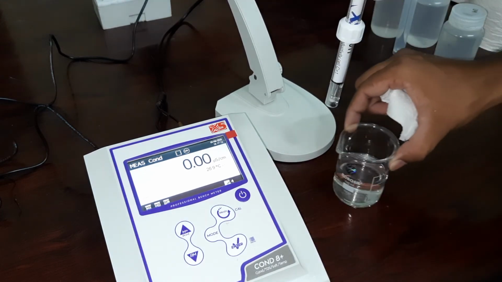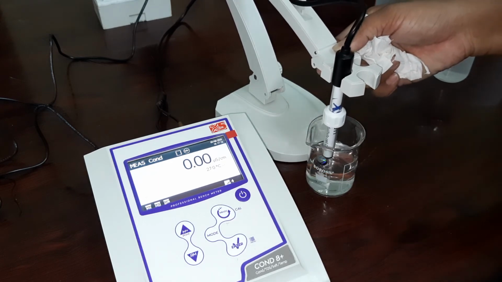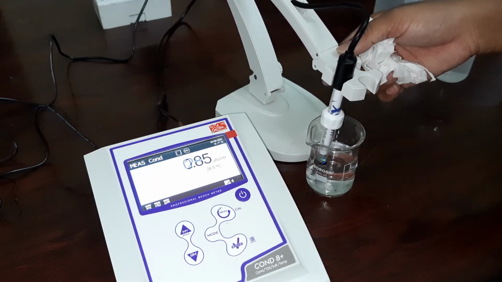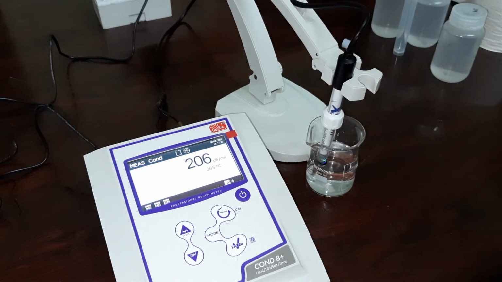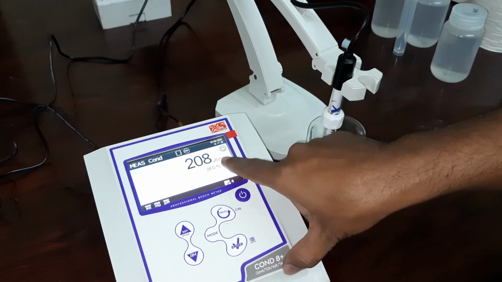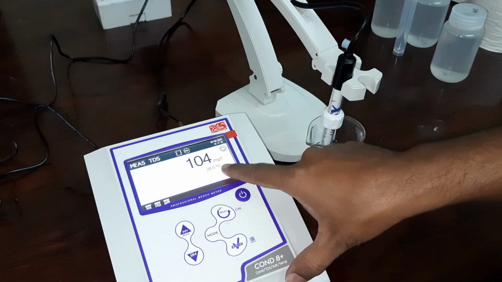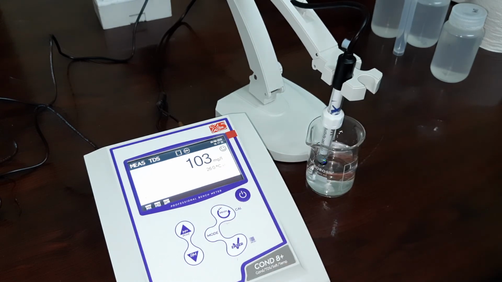This is the unknown sample. Smile symbol came. 206 microsiemens. TDS is 104 ppm.